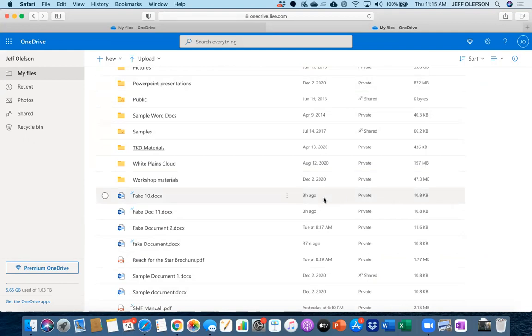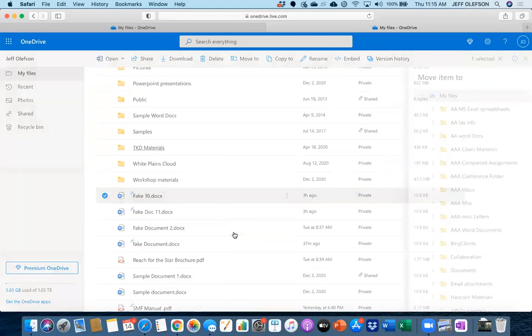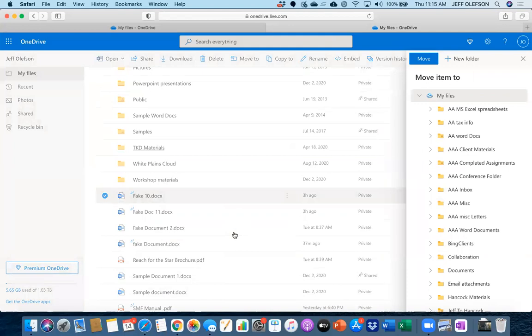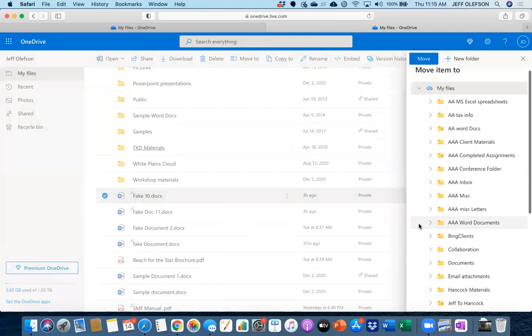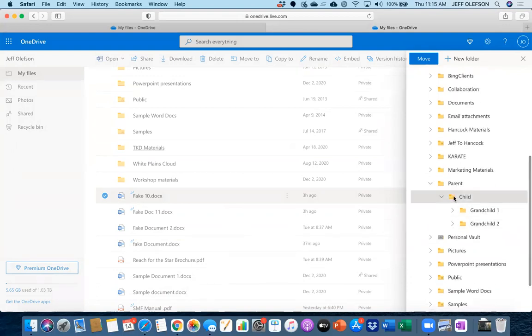Now, I just do want to show you one more thing. I'm going to do one more. And I'm going to go through the same process, even though I'm probably not going to do it. Okay. So you can actually also create a new folder this way. Maybe I actually will do it. Okay. So I'm going to go to my little parent here. This was my example before. And I can just decide under that. Now, by the way, since I'm under parent, it's going to, under child, it's going to create the folder under